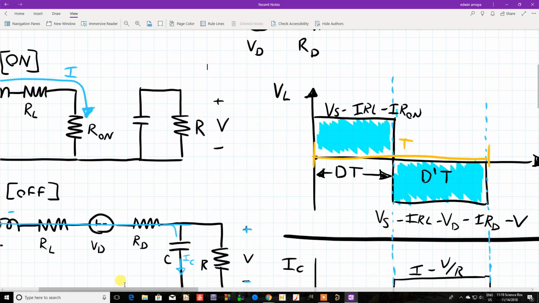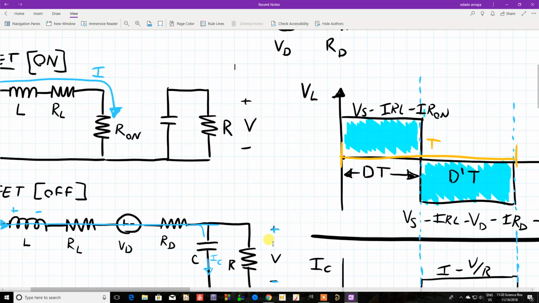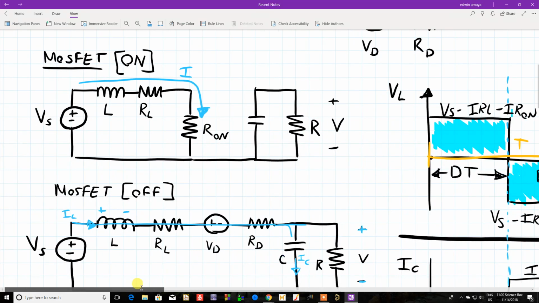In other words, this is the on time, and this is the off time for the MOSFET. So during DT, what is the voltage? Because right now we're going to do the waveform for the voltage of the inductor. So what's the voltage of the inductor during this period? Well, it's nothing more than the voltage source minus the voltage across this resistor, which is nothing more than